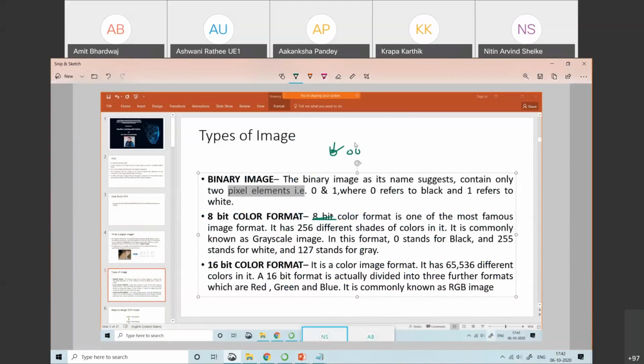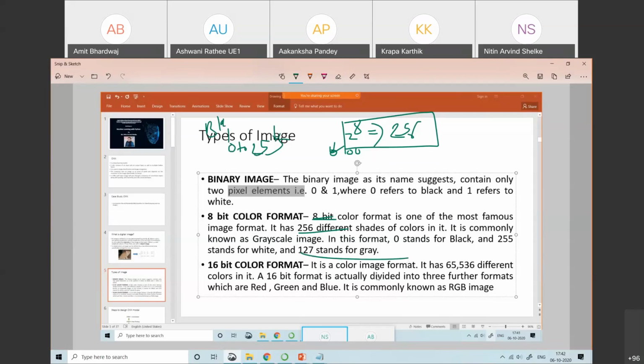How many combinations do we get? 2 raised to the power 8 combinations will be formed. So we have 256 different shades. You know this mathematics, I hope. So for an 8-bit pixel, we have 256 different shades, starting from 0 to 255. 0 means black, 255 means white, and 127 stands for gray.